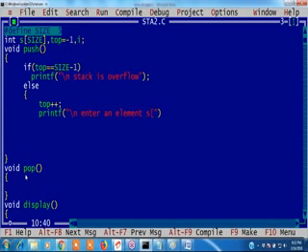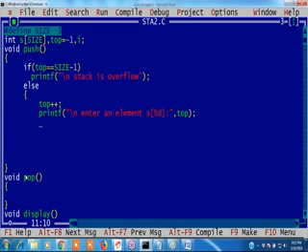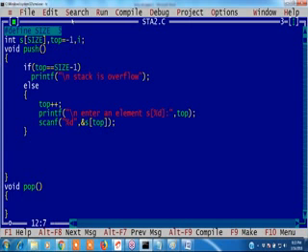Okay, into which location? S of percentile D location. What is this S of percentile D? That is top. Here I will write top, right? Which element are you inserting? That element should be inserted. scanf of percentile D, address of S of top. S of top, right? Yeah, this element has to be inserted.